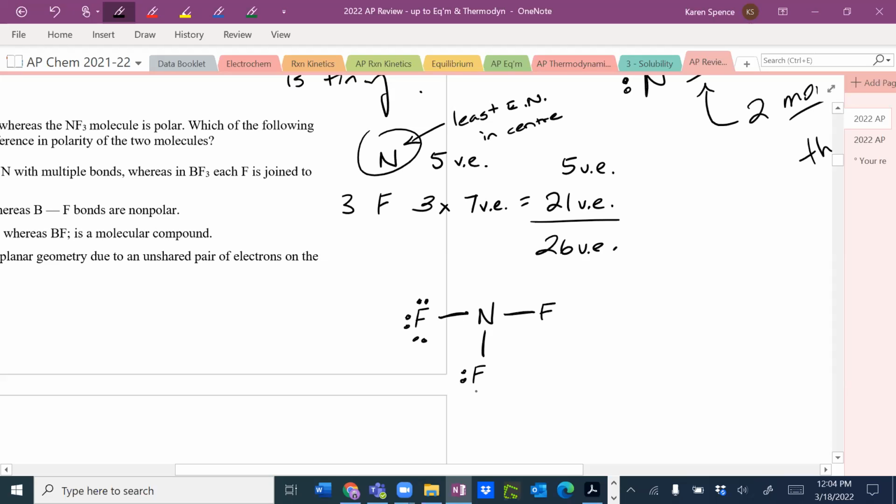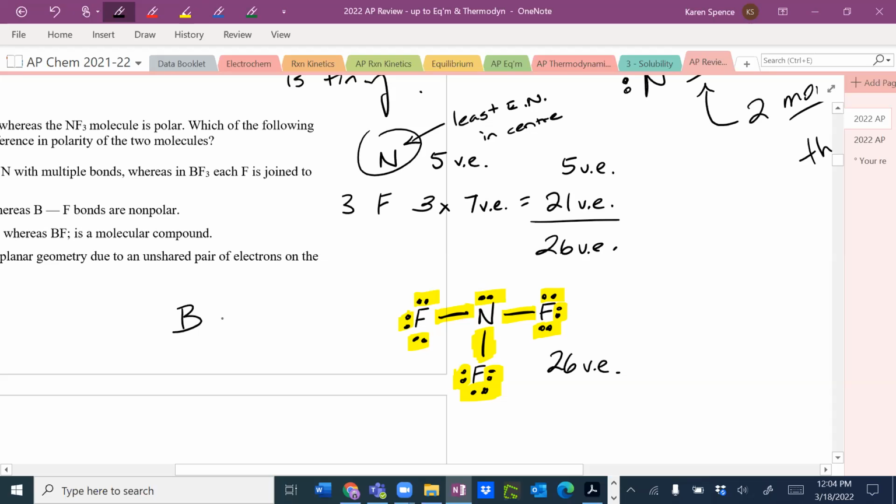This guy needs 3 lone pairs to have a full shell. This guy needs 3 lone pairs to have a full shell. And this guy needs 2 lone pairs to have a full shell. And now I'm going to count up my electrons here. 2, 4, 6, 8, 10, 12, 14, 16, 18, 20, 22, 24, 26. So that is the correct structure for nitrogen trifluoride, whereas boron